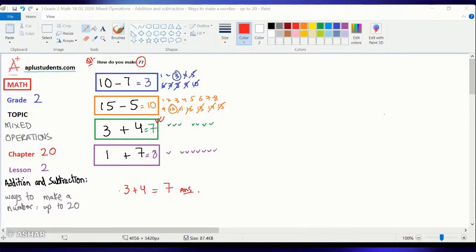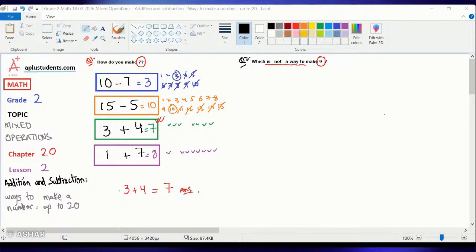For the next question, let's have a look. They're asking us to make a new number, and now they're asking which is not a way to make a 9. So let's look at the options. Which is not a way to make a 9? This is very important. This is our question number 2, and the options given to us are